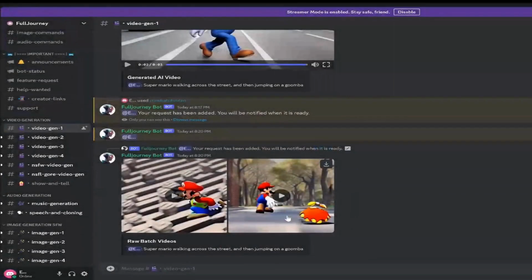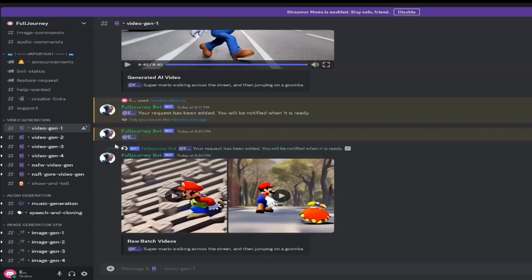But all in all, I think this is pretty cool, but it's not quite ready for prime time, if you know what I mean. I'm very interested to see where Full Journey ends up in a few months. As we all know, Midjourney did not work or look anywhere near as good as it does today 1 year ago, so the same thing for this. This technology just exponentially gets better, so I see only good things in the future for Full Journey, but as of now, it's just not quite there.